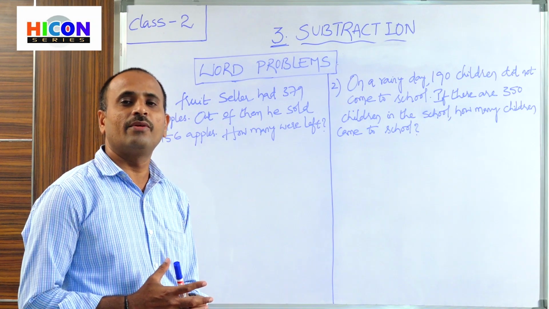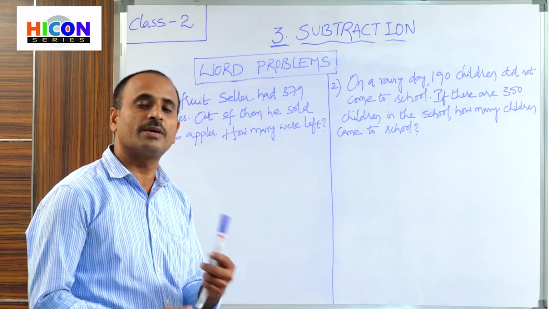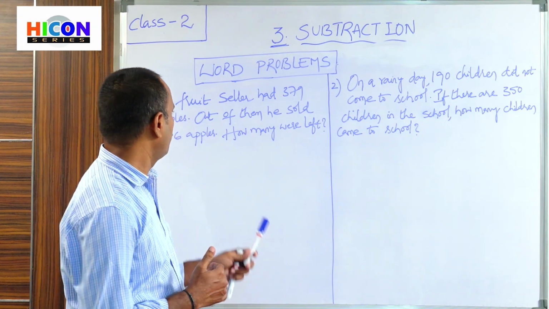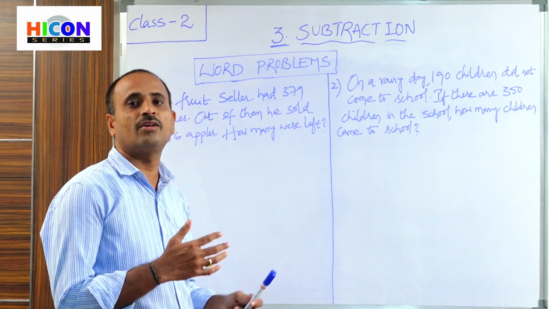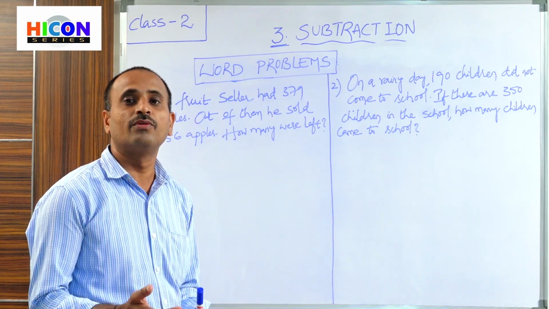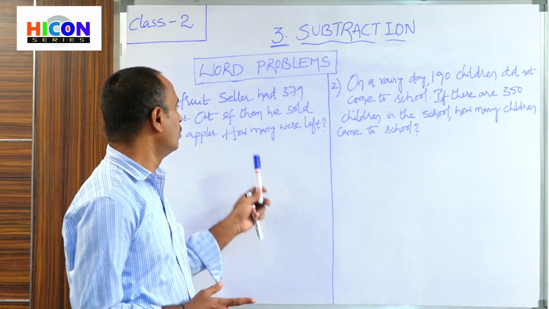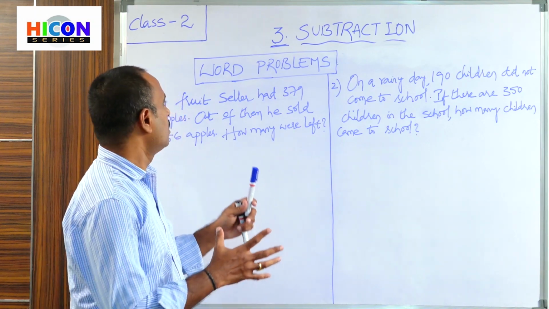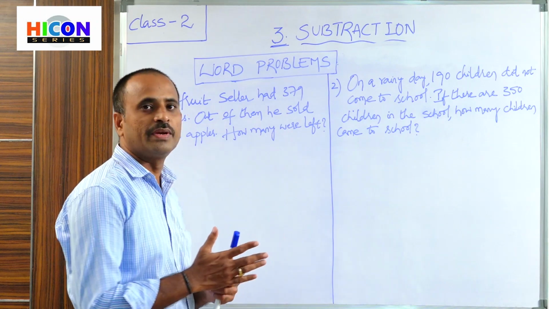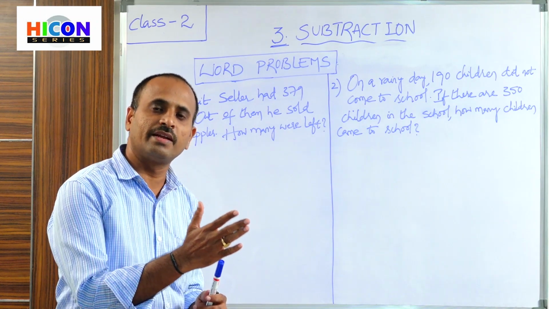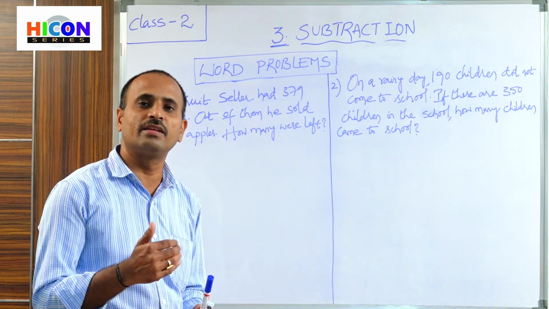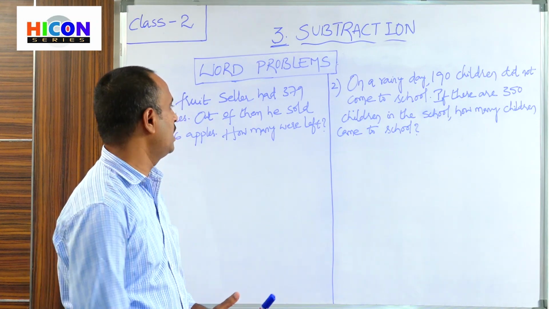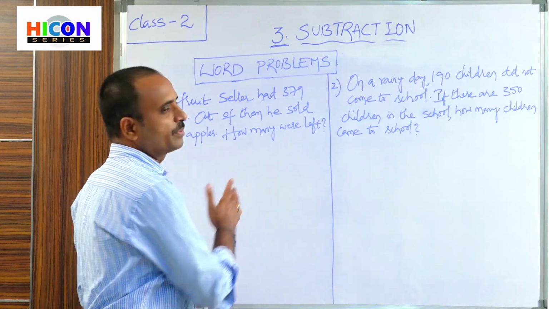So now what we have to do, either addition or subtraction. If the problem contains words like left, how many left, how much is less than, or how much is greater than, then we have to do subtraction. So how many were left? That means out of 379 apples, 156 apples are taken away. Taken away means subtraction. Already you have learned this in the first class. So that's why we have to do subtraction in this problem.